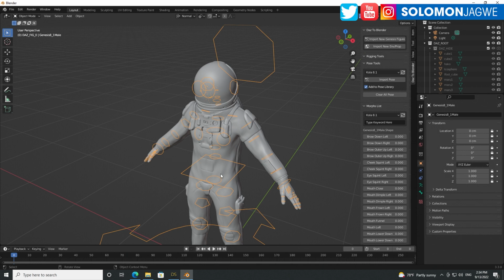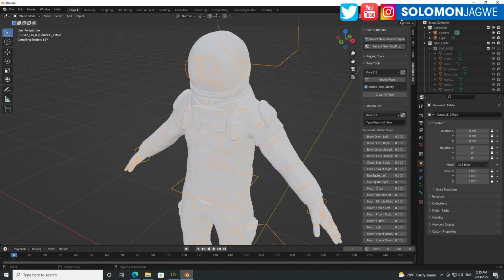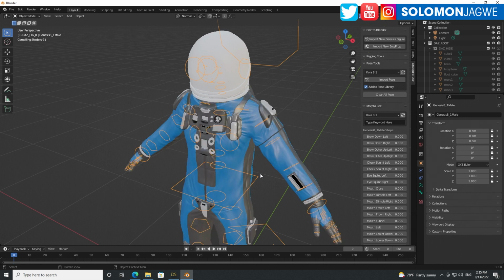All right, a number of you have said that when the character is imported, you don't see the shaders. But that's only because if you go over here and click on this particular icon, it's going to go through and process the textures. You've got to give it time, because if you don't, it will seem like the textures didn't come through, but they really did. They came through, and as you can see, they're showing up.